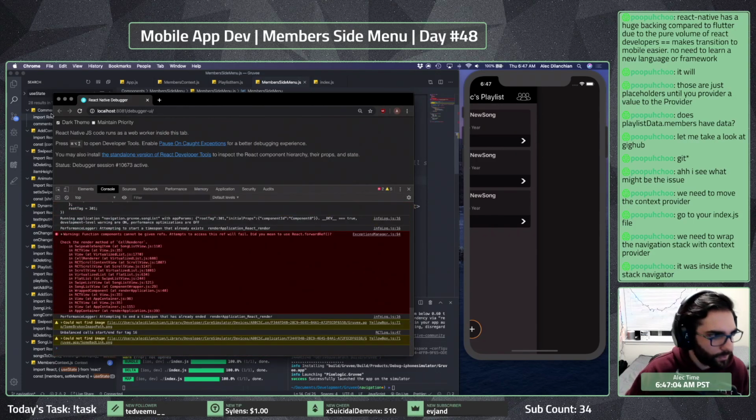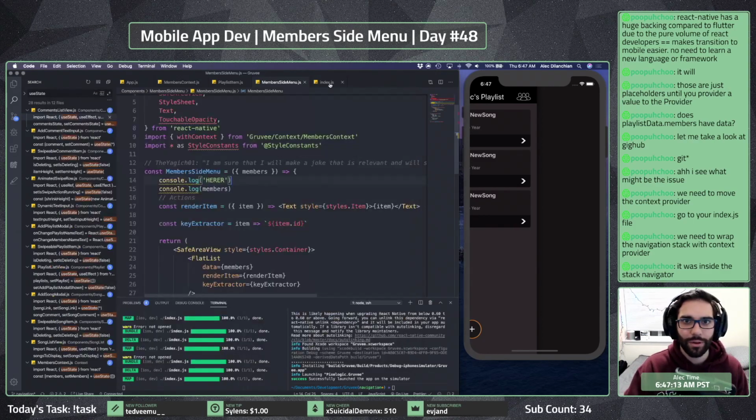Yeah, it doesn't get re-rendered. We need to wrap the navigation stack with the context provider. It was inside the stack navigator. Was it? Okay.